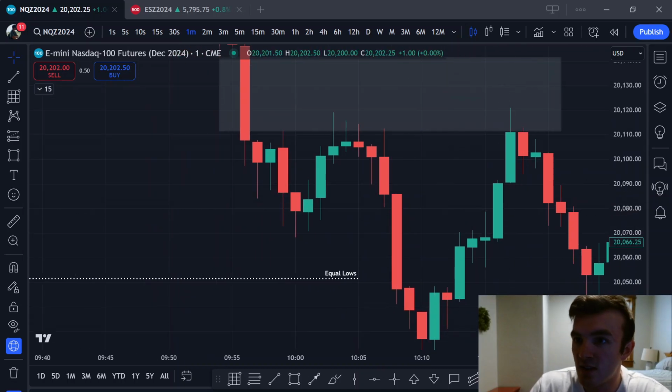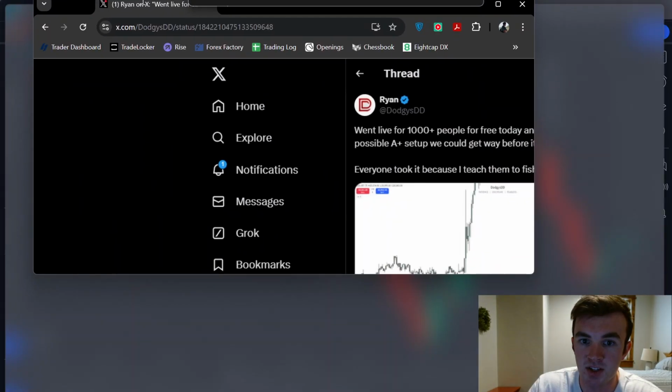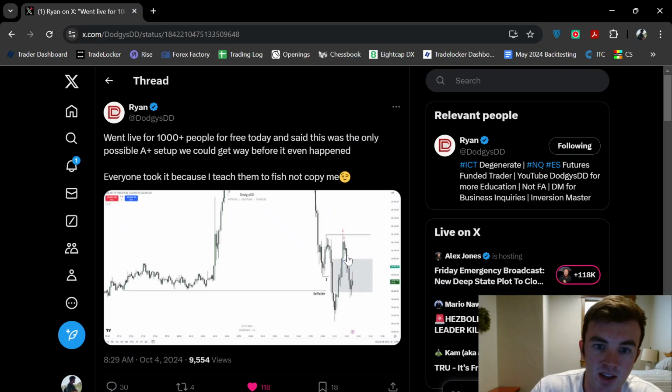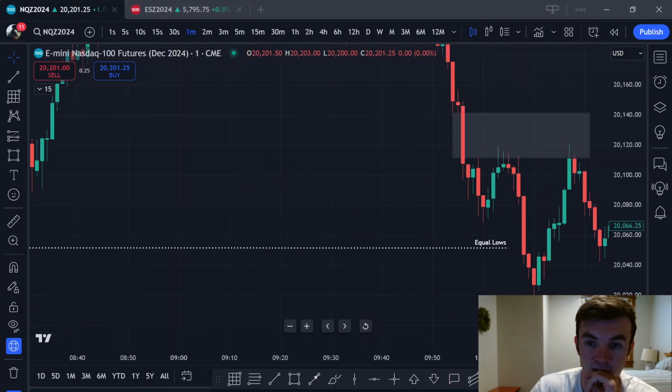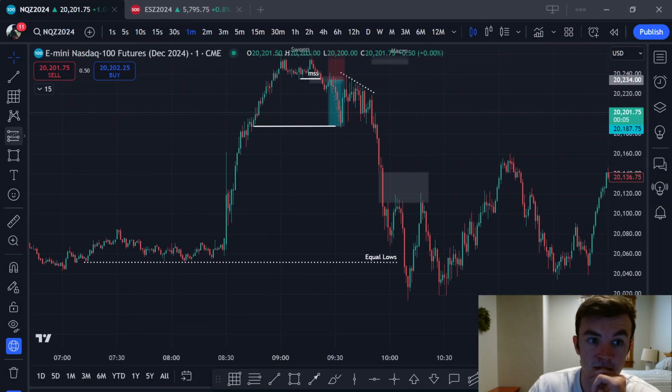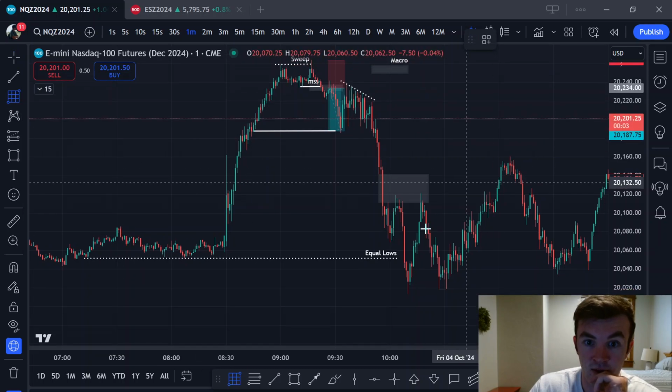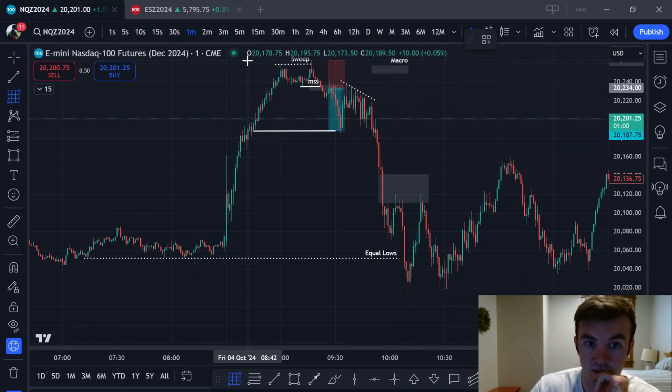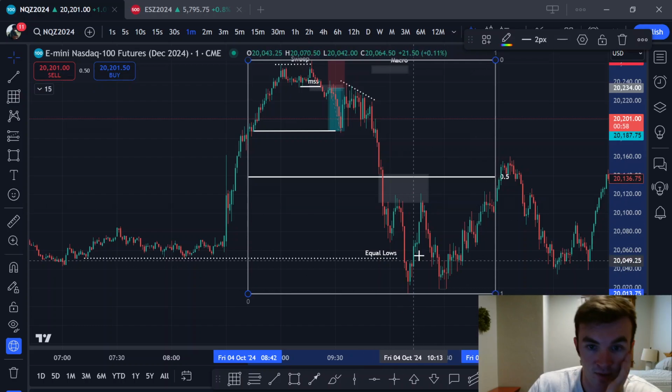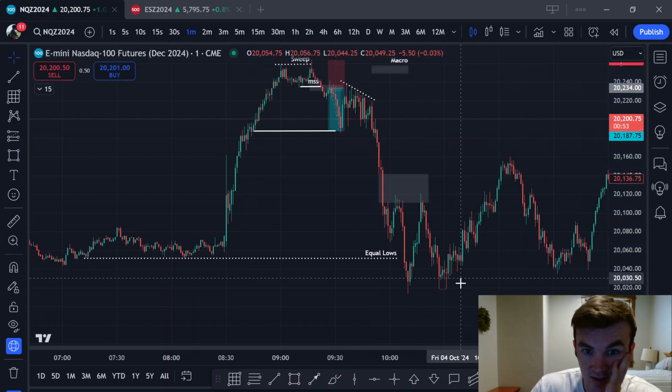He basically took, let me pull it up here. So here's the trade from Dodgy. He took this inverse back to the upside after we took the equal lows. So he took the trade to the reverse. Now he was looking for longs, obviously, because we are so far in discount at this point that he doesn't want to short, and that's why he did not take this short. So that's something to keep in mind for the future, but I still like this trade. I don't think it was bad, and clearly it worked out.